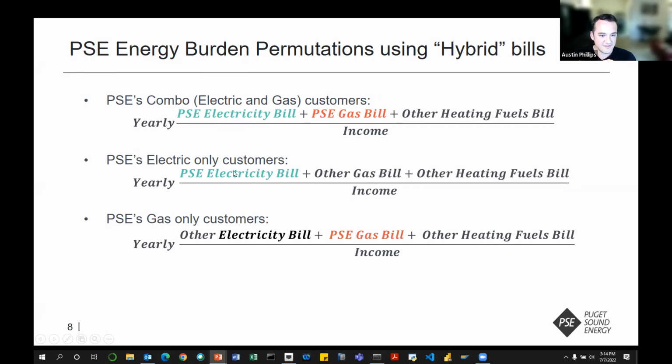But for electric only or gas only, this is where we would use that LEAD tool to impute what we think their bill is. The best analogy that I can come up with, it's a little bit silly, but it helps me remember it: in the original Jurassic Park, they complete the dinosaur DNA. They have part of the DNA from the fossil, and then they substitute some frog DNA to fill in the gaps. So it's like a best guess. It's not perfect, but it